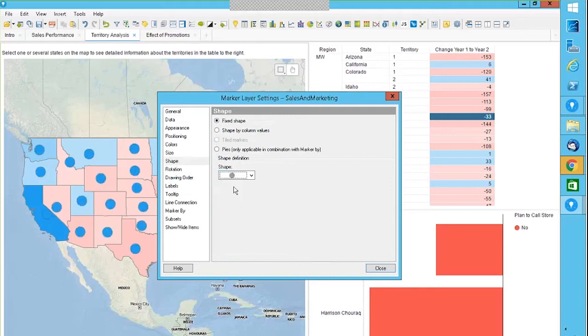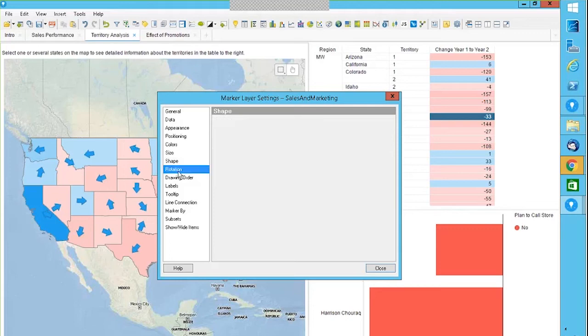Now, if I use a circle, I may not be able to see the rotation. So depending on what marker type I am using, I would use arrows only. If I'm using an up arrow, that would be another thing which decides how much you want to rotate. This angle is always in degrees. You are using a column to rotate that angle by degrees, and that particular column could be a calculation